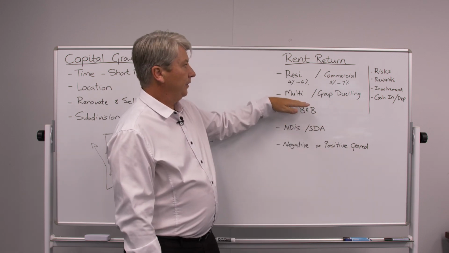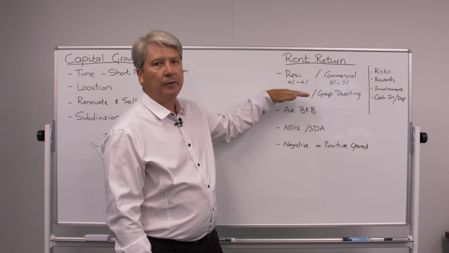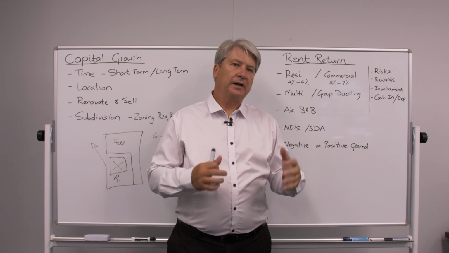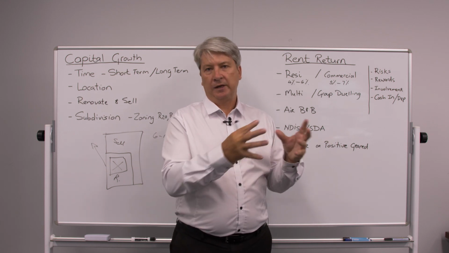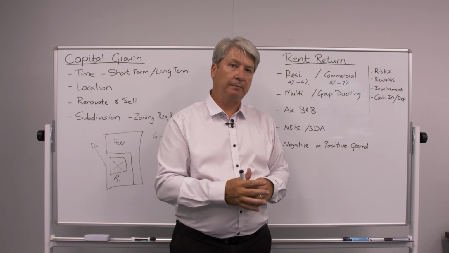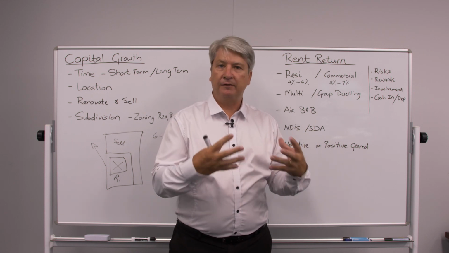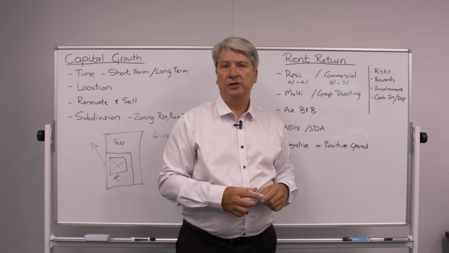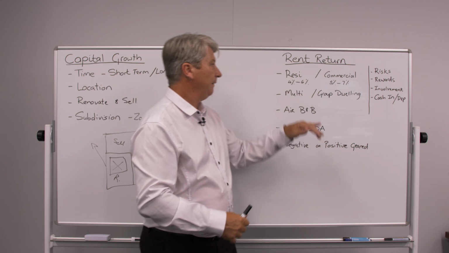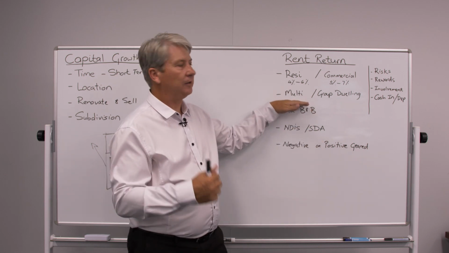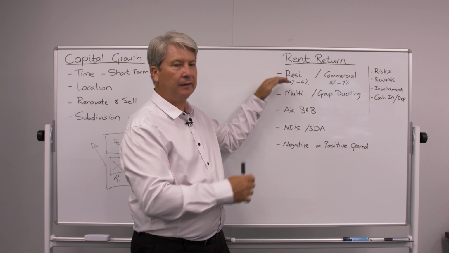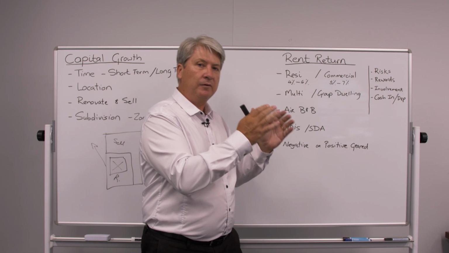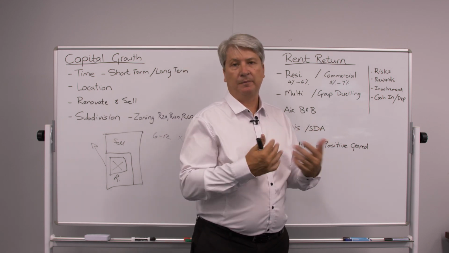Now, the other option for rent return is where people say, well, we want to invest in multiple or group dwellings. That is student accommodation or accommodation close to hospitals where they can rent the property out on a short-term basis, but you'll have multiple people living in the property. If it's a 4-bedroom home, 4 or 5 different students or different individuals. Now, what makes that attractive is that you're not earning a normal rent per year or per month, but you're actually earning a rent per room. And having rental income per room ultimately gives you a better return.